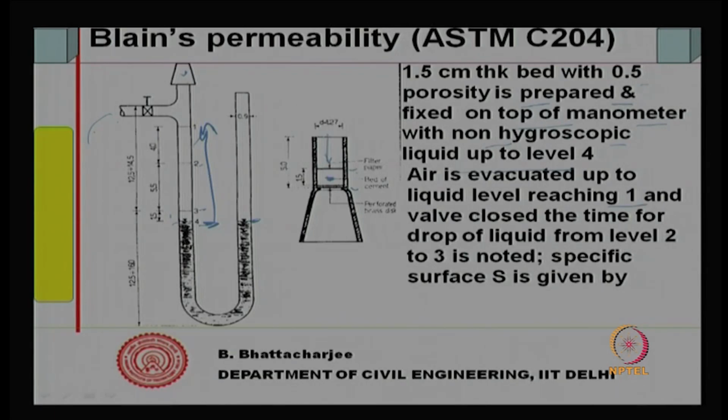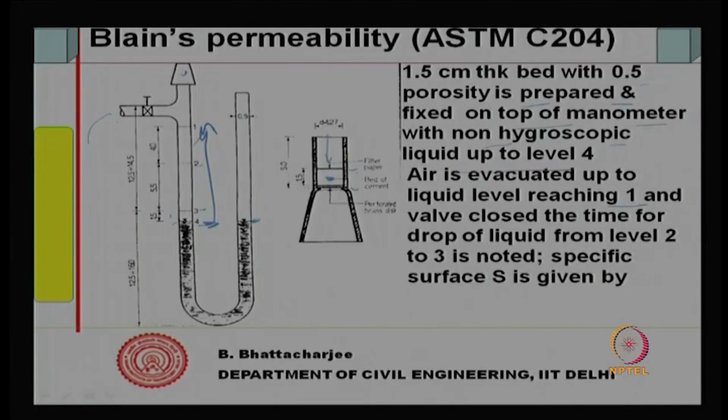This is simply done manually by using a small pump, like the horn of a cycle rickshaw or something like that. Or maybe suck it by mouth or something of that kind. So, simply this is evacuated so that this manometric liquid reaches 1. Usually it is kerosene, I mean, some non-hygroscopic liquid which will not absorb water, and then just suck up to 1. So, vacuum is created, then close this valve,